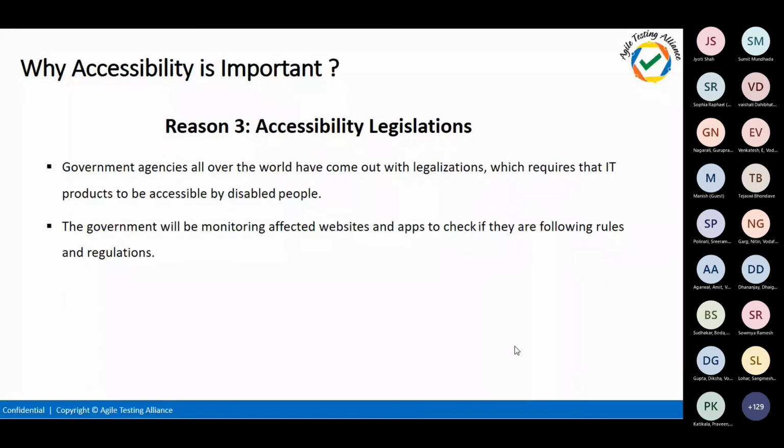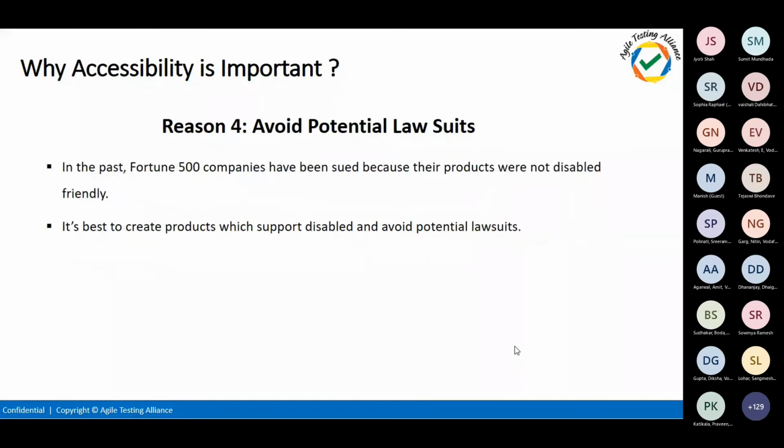And the third one is accessibility laws and legislation. Governments across the globe have separate accessibility laws. If your client is US based, you need to know about US laws. The UK has a separate law, India has a separate law, and other regions also have separate laws. I'll be taking you through the laws also, what the law sections are and what we need to note down. So whenever we debate with our client, we can tell them, boss, if your website is not accessible, you are going to be sued under this law. That's why we need to think more about the laws.